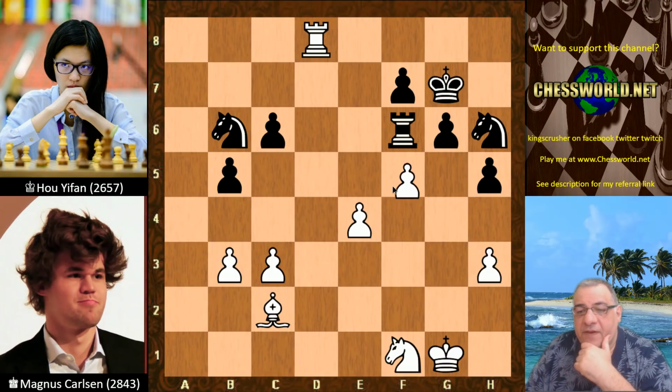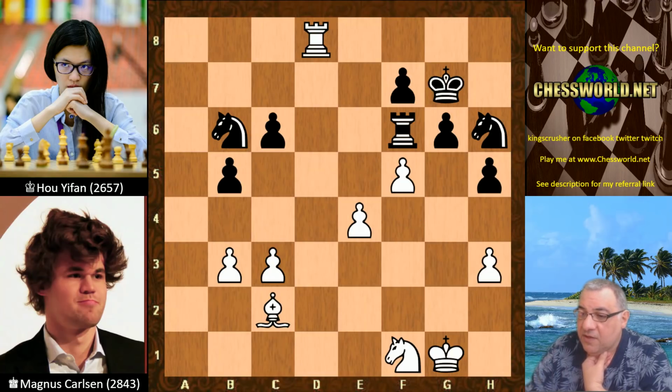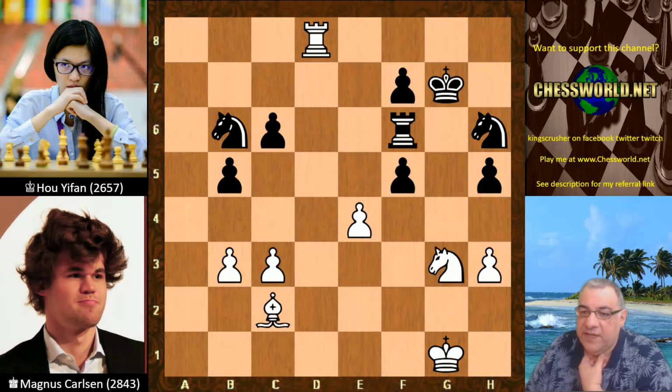Okay, f5. Yeah, it's trying to damage black's pawn chain. And it also, of course, protects the f pawn away from rook takes f4. Black takes, but now the point is, can you see? Knight g3, it forks both pawns, getting a pawn back potentially,